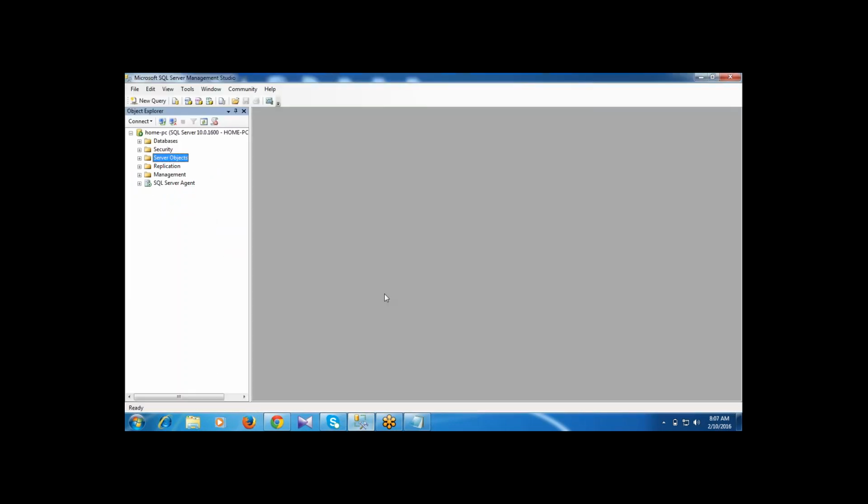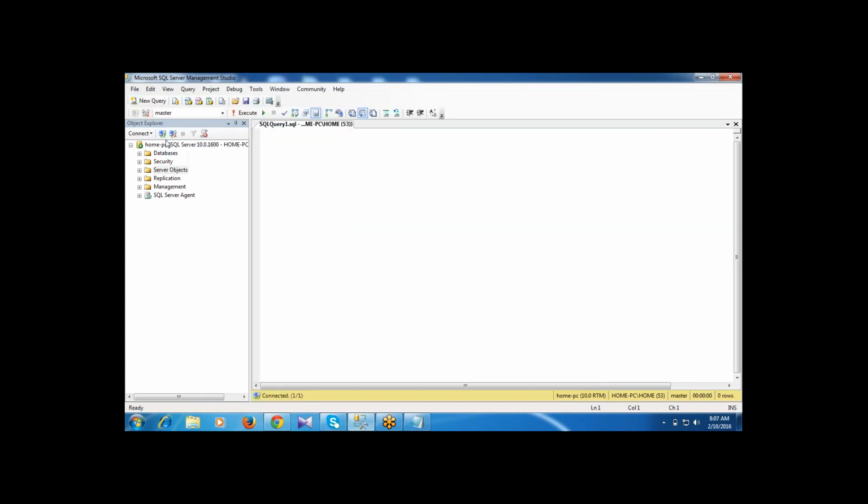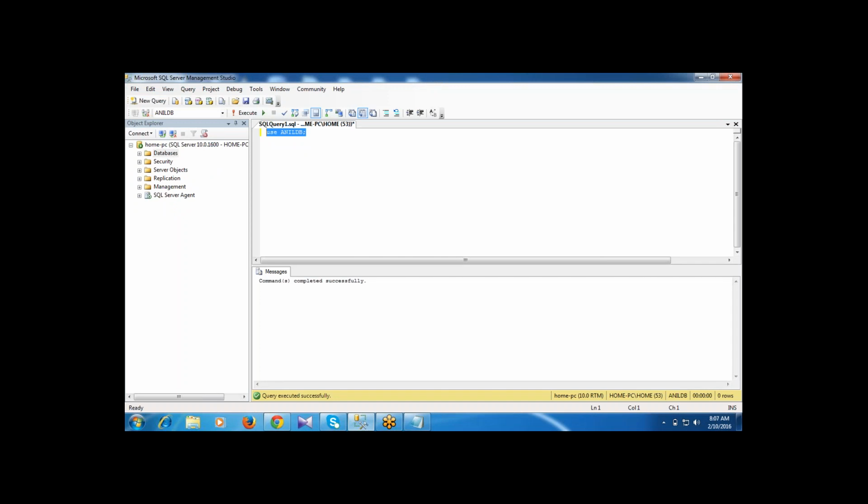Here I'm writing the query. I open the database using the keyword USE AnilDB. Then I write the query with CHARINDEX, which is a predefined function.